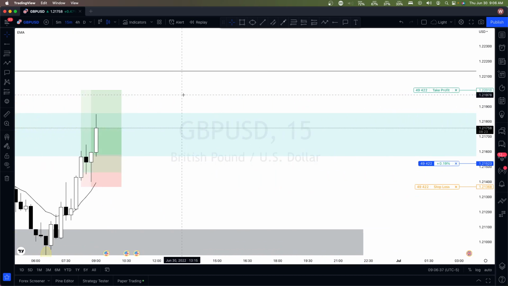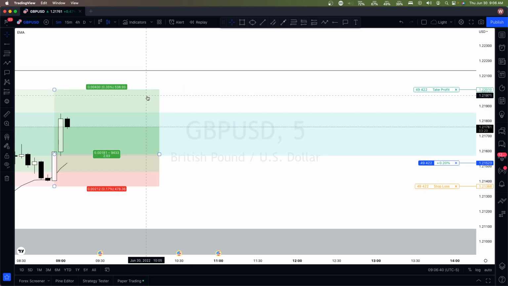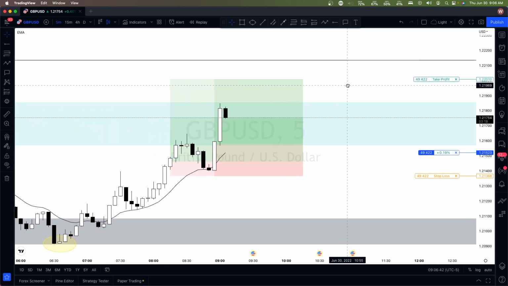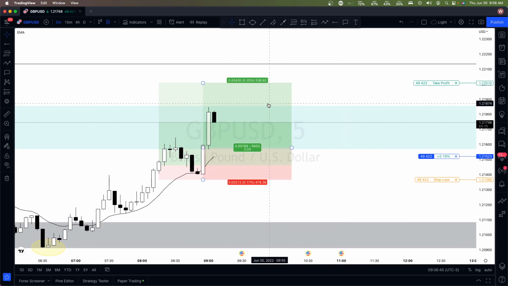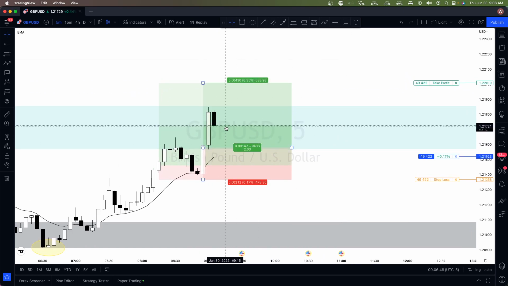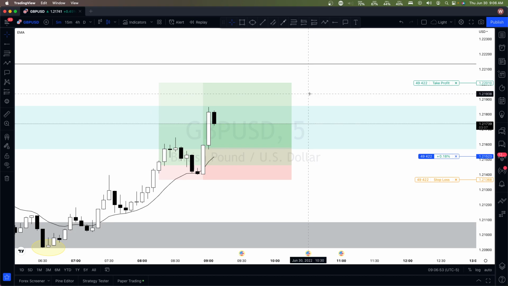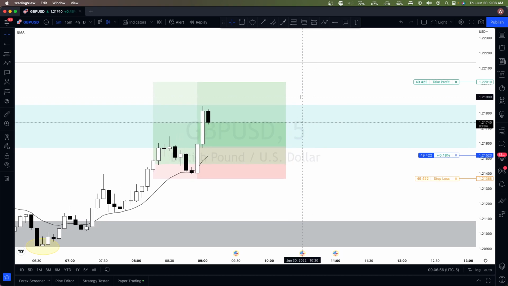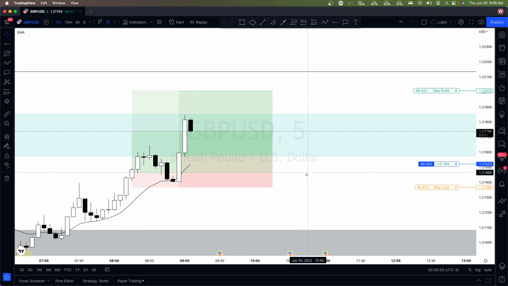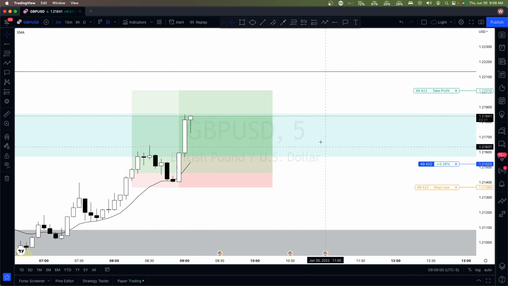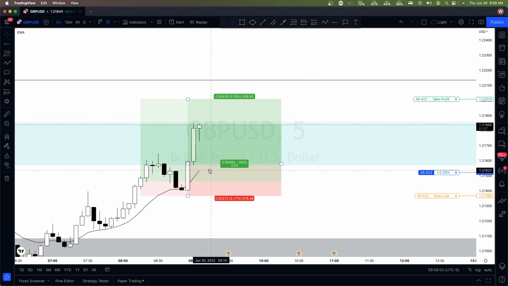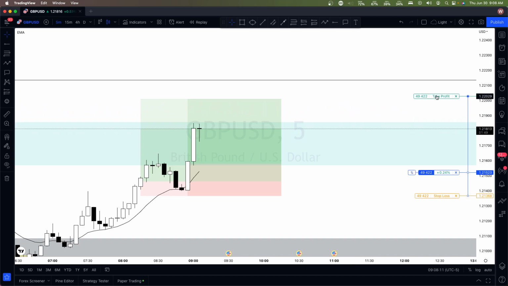15 minutes is wicking now. 15-minute, 8 minutes left. So I'm gonna wait a couple more minutes, 5-minute candles, and see if I want to move this up. Right now it's good. So I'll hold this right now and just wait, we'll come back. All right, so that's moving up. This candle is closing in a little under 2 minutes, and so I'm going to move the take profit up here.